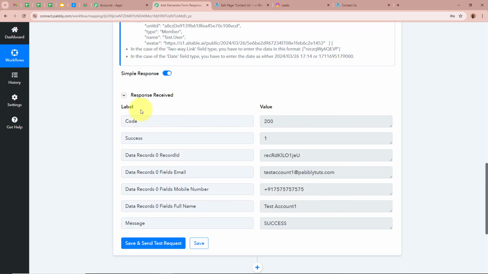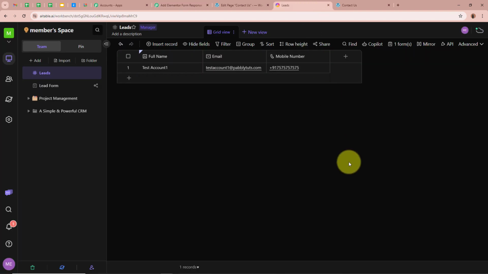As you can see right over here, we have received a response, and for the message over here it says success. So now I'm going to open my AITable.ai and check whether the record is created in my data sheet or not. For that, I'm going to open my AITable.ai, and yes, as you can see right over here, a new record is created in the data sheet that we have created in our AITable.ai. For the full name as test account 1, for the email as test account 1 @pabblytudes.com,